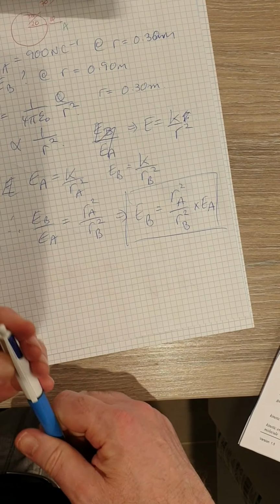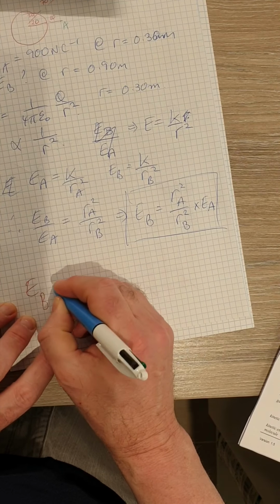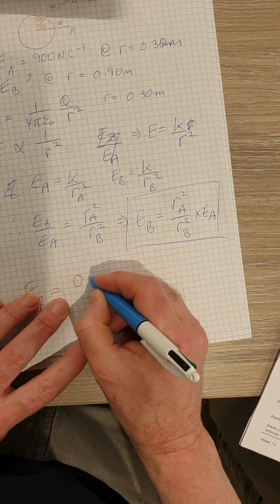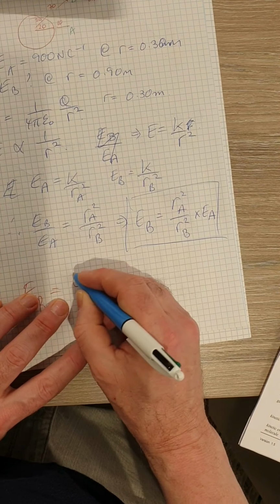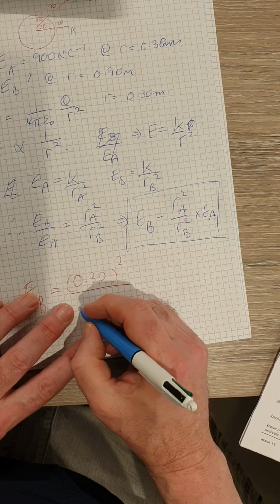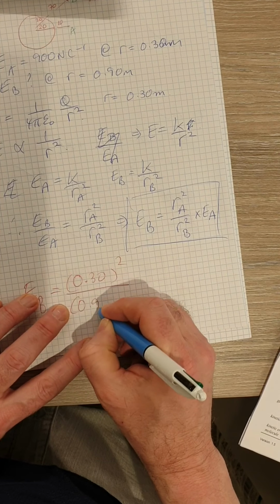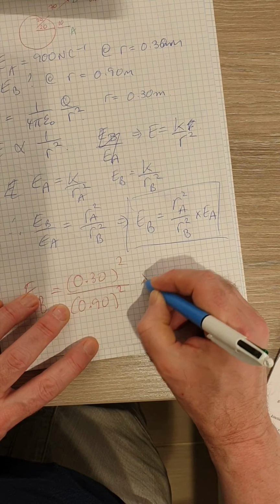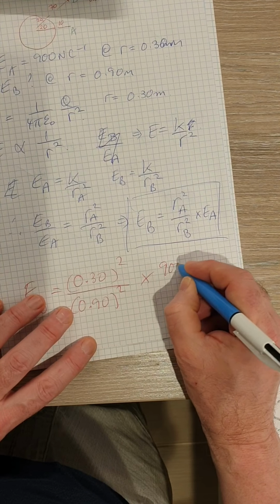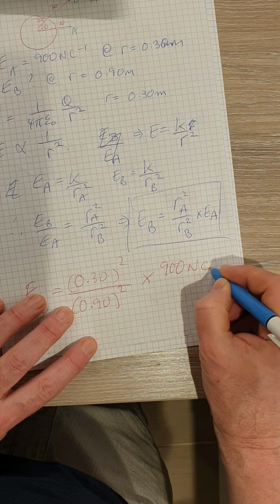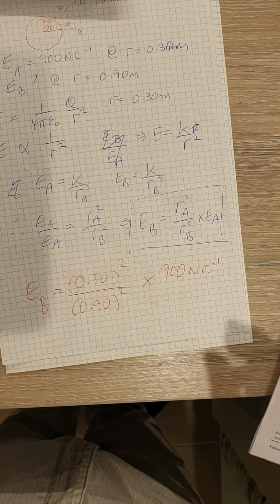So I can now just substitute in to that, which gives me 0.30 squared divided by 0.90 squared multiplied by 900 newtons per coulomb, and put that into my